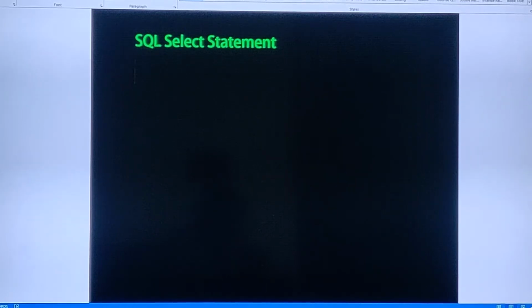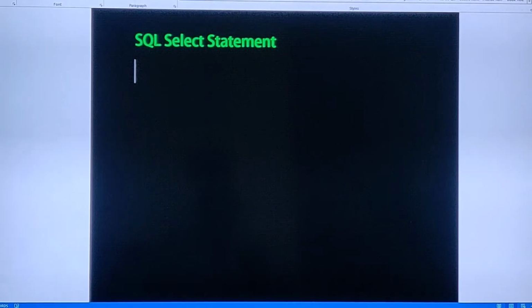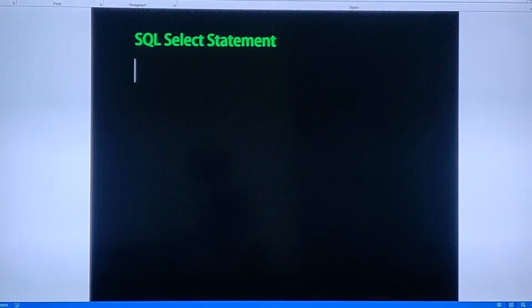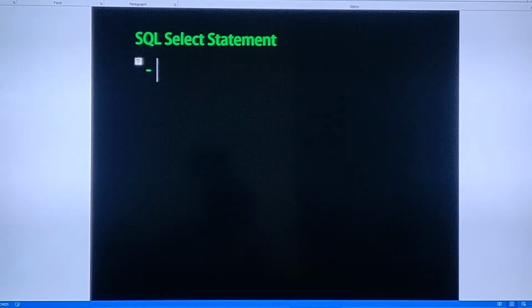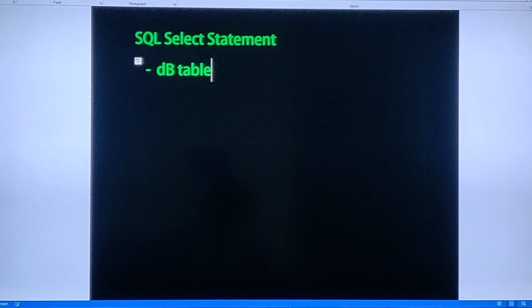So today our topic is going to be the SQL select statement. As the name says, it is going to help us select any particular data or the whole data available in any DB tables. In a database, data is organized in the form of tables, right?